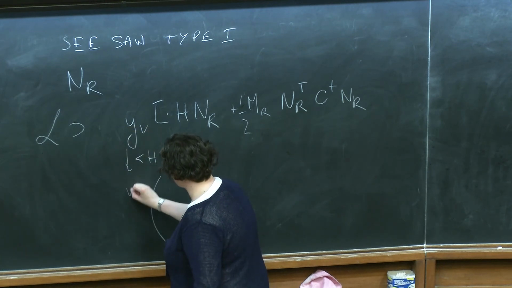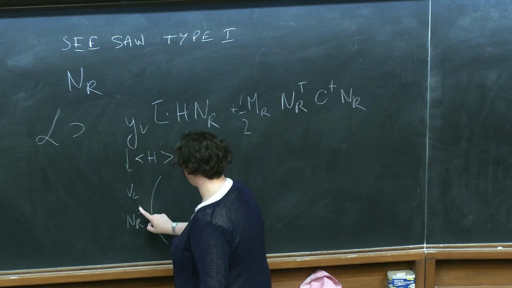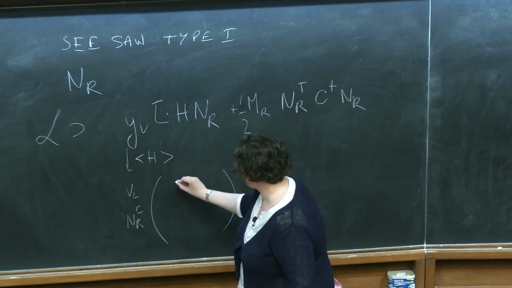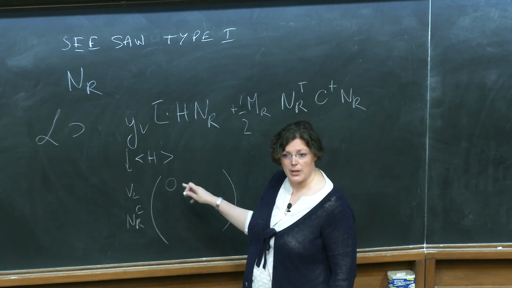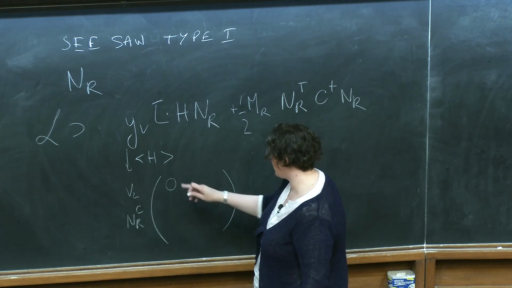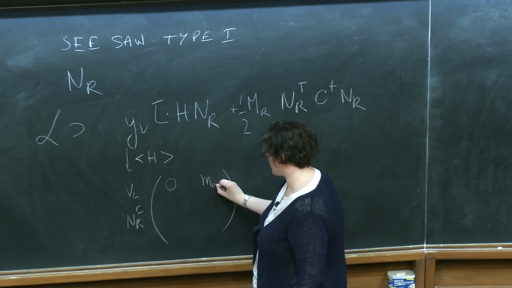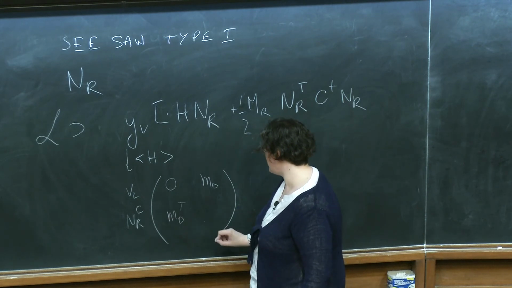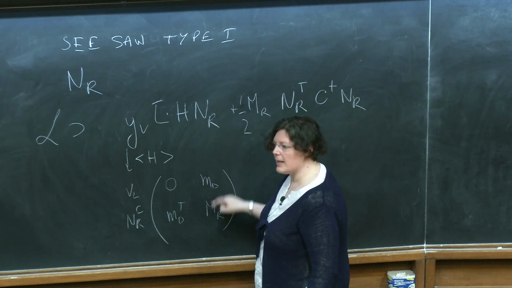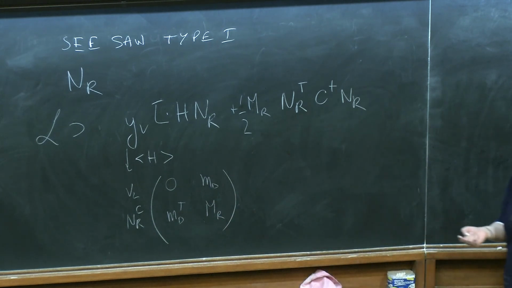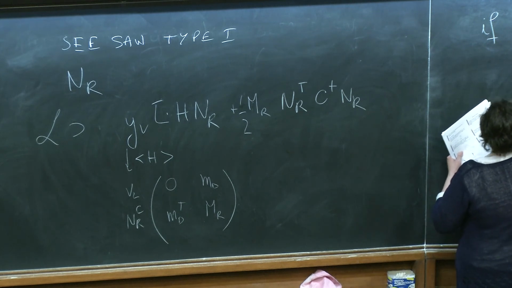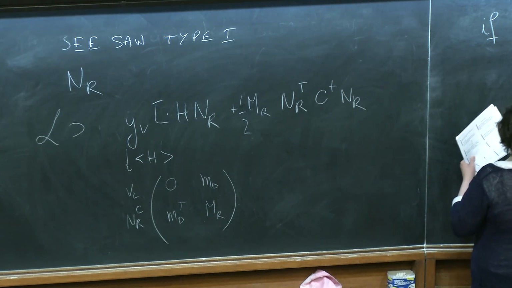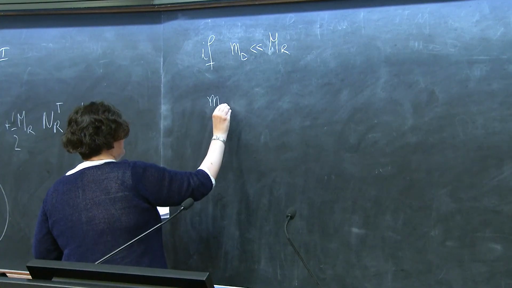The mass matrix in the nu left and nu right C basis has a 0 for nu left, nu left. This is because of SU(2). The active neutrino term is always 0. Then I have the Dirac masses here off-diagonal, and then I have the Majorana mass in the nu right, nu right term. So in order to find the values of the masses, I need to diagonalize this mass matrix, and assuming that MD is much smaller than MR, the two eigenvalues will be